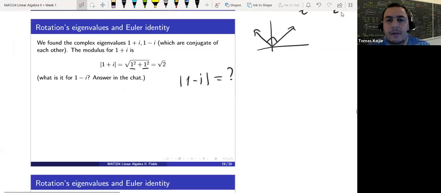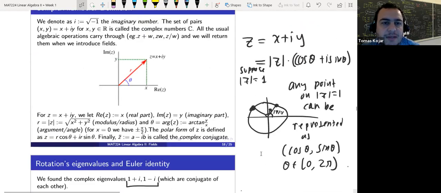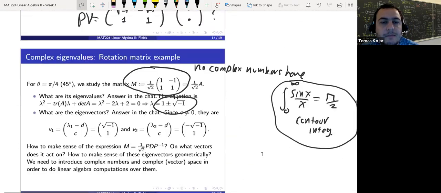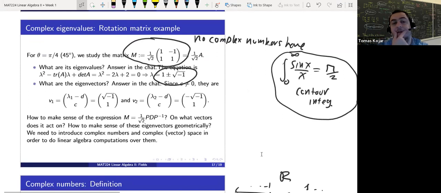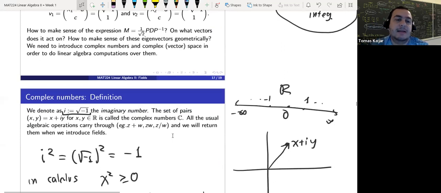All right, so if there are no questions, let's start. So last time we had a matrix, the rotation matrix over here, and we found that it has eigenvalues of the form 1 plus square root minus 1. And so we had to make sense of this square root minus 1, and we just called it i, imaginary